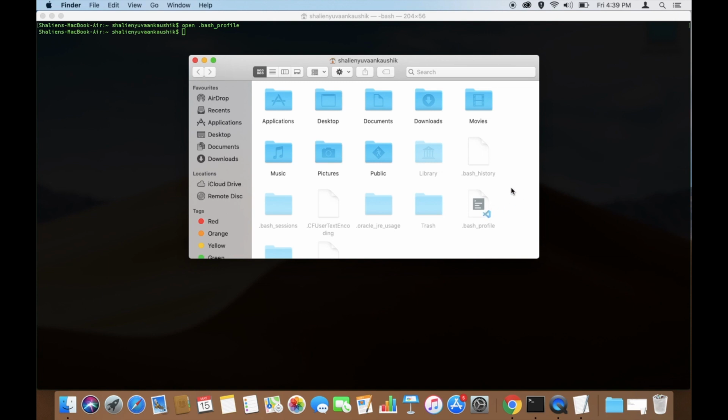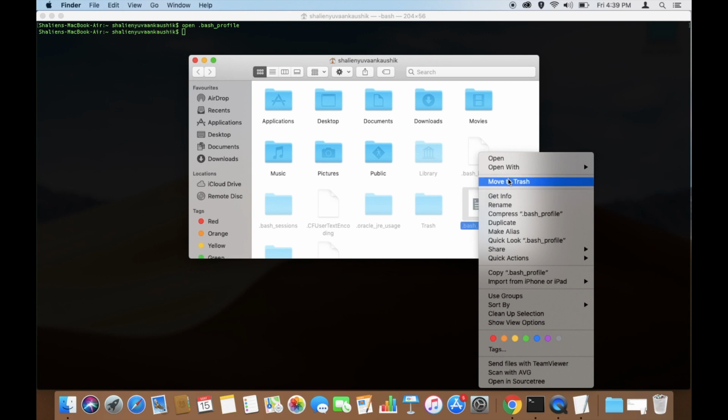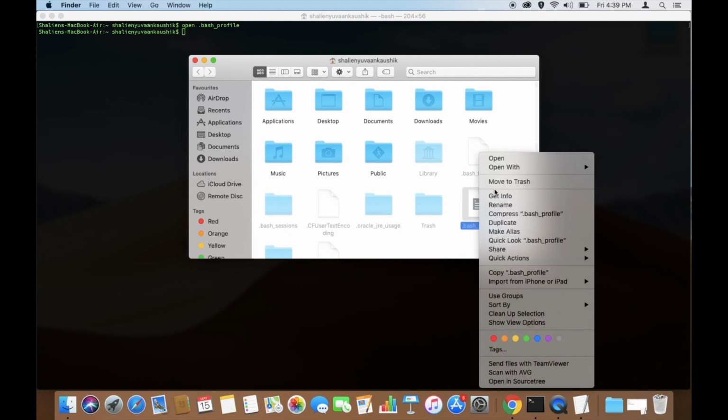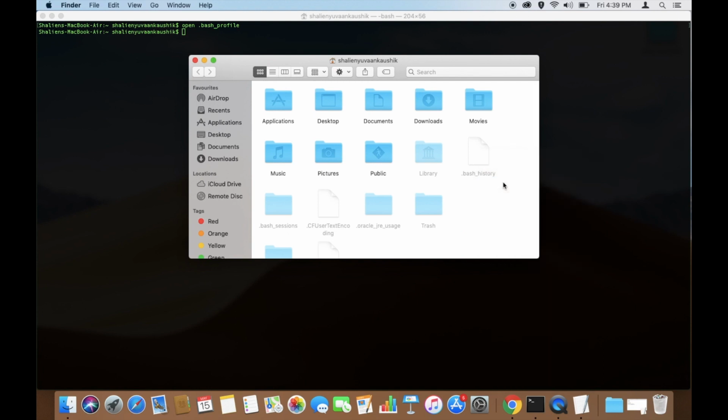So guys, you just need to click on this file and select it. Either you can move it to trash, or you can press command plus delete. So I'll right click on it and move to trash, and then if I press control shift dot, those hidden files will not appear again.